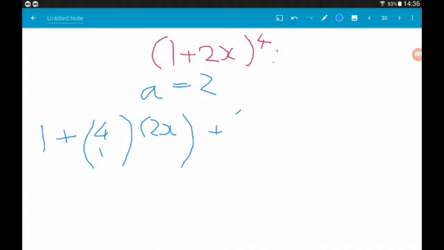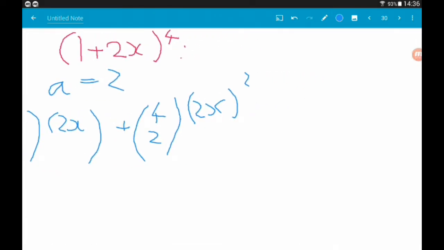plus 4 choose 2 times 2x all squared, and then plus 4 choose 3 lots of 2x